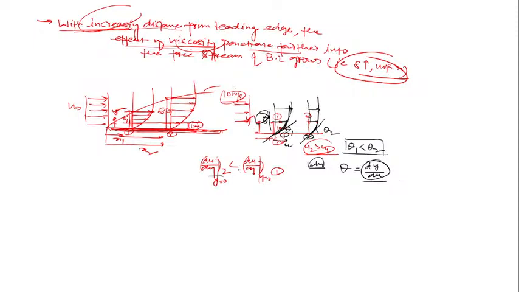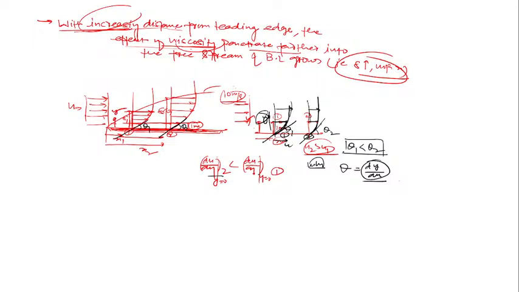So the gradient at the wall is going to decrease, although the angle will be larger if you draw the tangent here and here. So this is theta 1 and this is theta 2. Theta 2 is more than theta 1. Is this clear? Because theta is not the gradient. Theta is the inverse of the gradient. Yes or no?